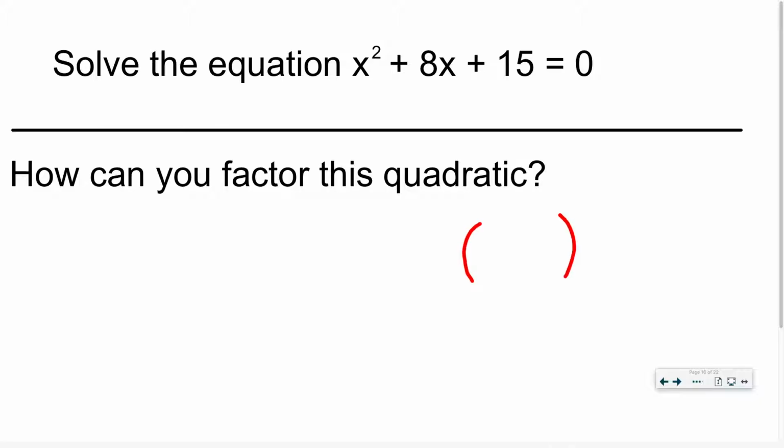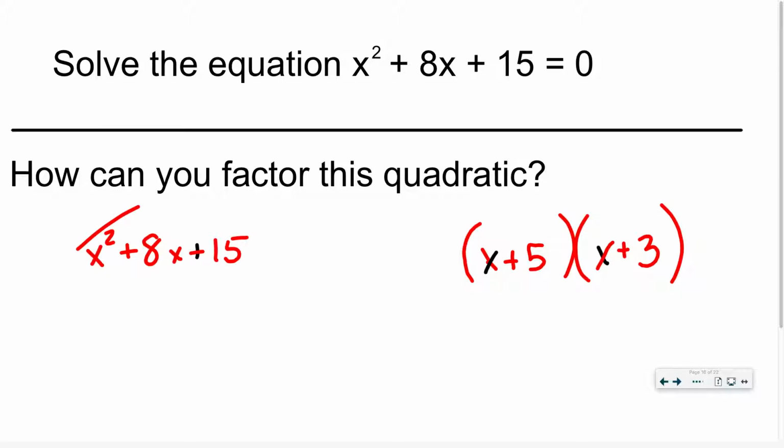If I FOILed out 2 binomials, what's the only thing I could have multiplied by to get x squared? What are our factors of 15 that add up to 8? 5 and 3. If you have a coefficient of 1 with that x squared, you could factor it faster. Now, what Ibrahima was walking us through was if we had a coefficient greater than 1. So if we had this